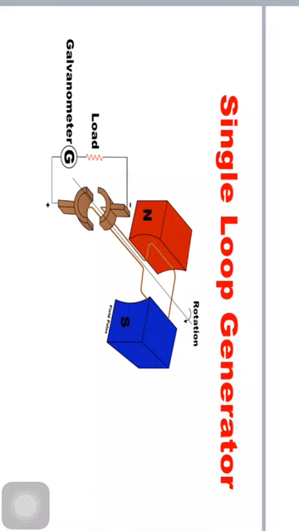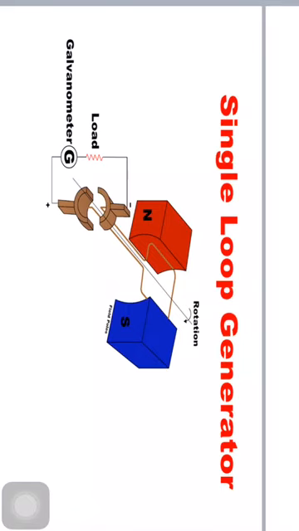It is a conductor placed between the magnetic bars. These magnetic bars may be permanent magnets or electromagnets. The basic working of simple loop generator is when the two wires, conductors or coils are placed between the magnet bars, and imagine the coil is rotating clockwise. The flux starts changing its value, so that as a result an EMF is induced in it.